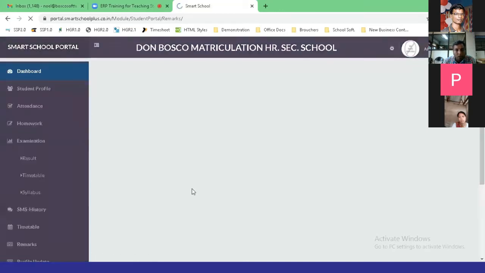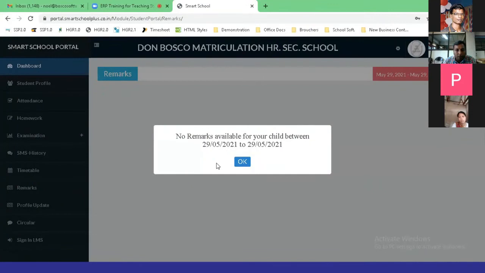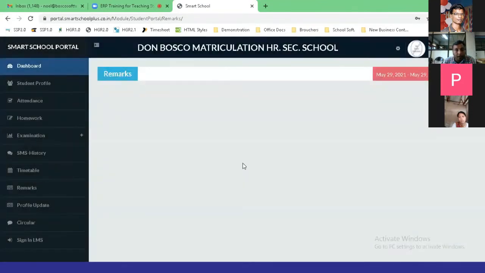And remarks also. For example, if a particular student is misbehaving in the class, or distracting the class, any kind of information about that individual student can also be given using the mobile app by the class teacher or the subject teacher.